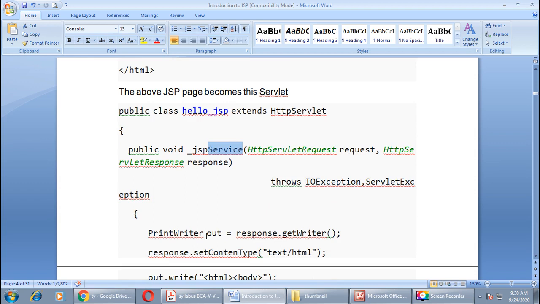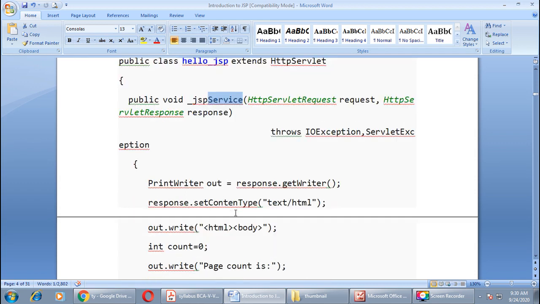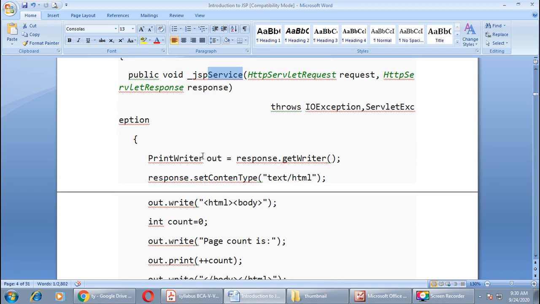Inside the service method, we can create one object of the PrintWriter class, namely out equals response.getWriter method, because we want to send some response back to the client machine, right?